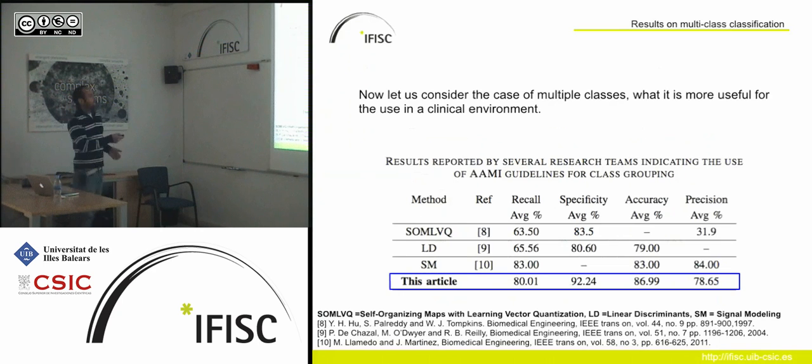If you do that, well, with other authors, we make the 5 classes, and then we try to classify these 5 classes separately. When we do that, I believe this is the most important for the application directly in a clinical environment. For this, we have very good results, I will say. In some cases they are comparable. For example, here there is 80%, let's say, comparable and better than the others. Like in this one over here, it actually shows that there is an improvement over the measurements that other authors have shown.